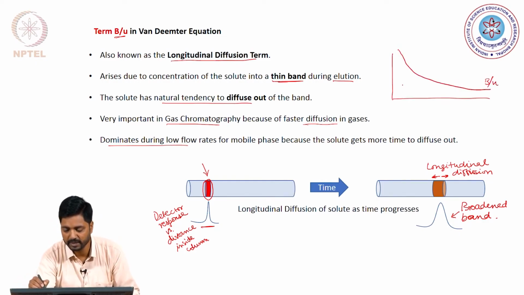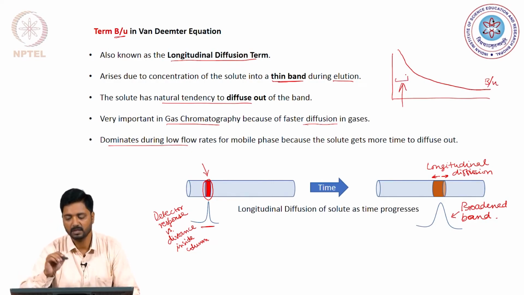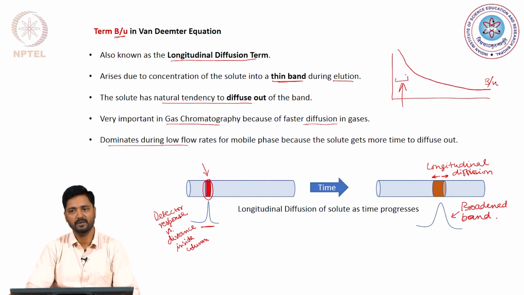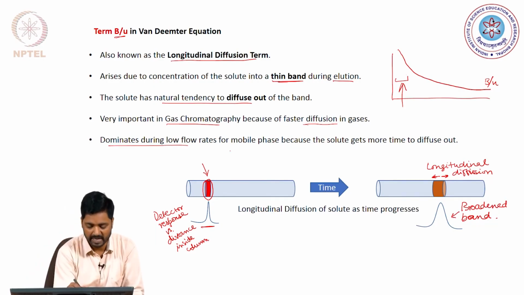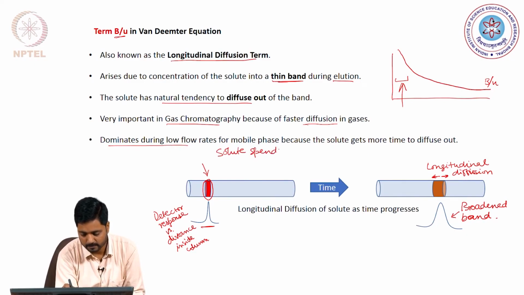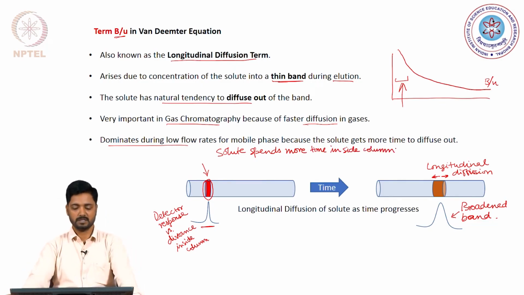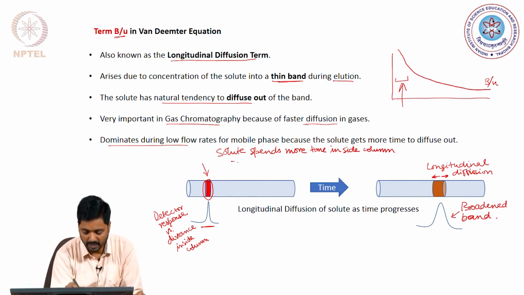So, at low flow rates, which is this regime, the longitudinal diffusion term has a very high value, and that is because at low flow rates the solute spends more time inside the column,